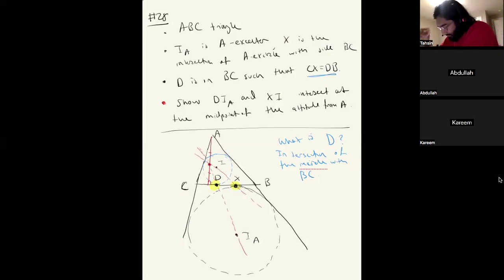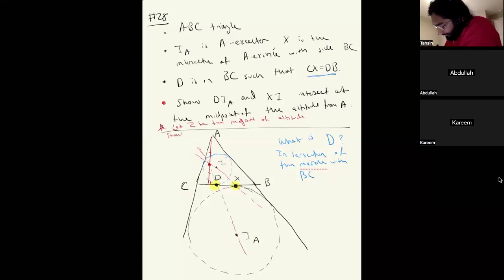So let's do something a little bit different. I'll rephrase this slightly. Let's call it Z. Let Z be the midpoint of the altitude. And so the point of this exercise is to really show